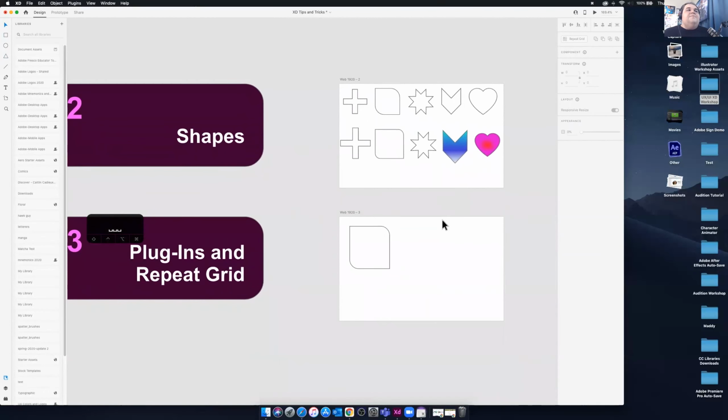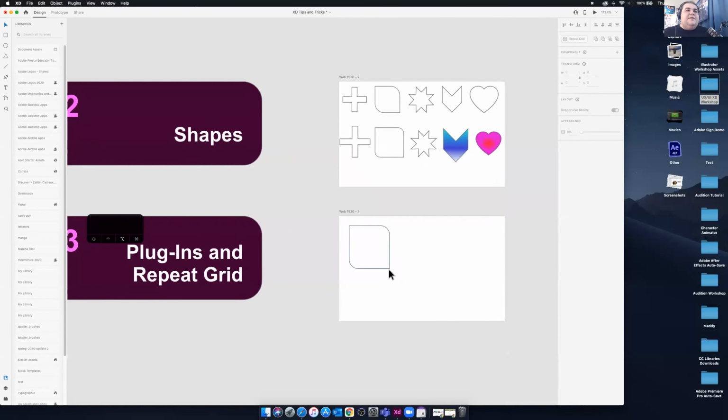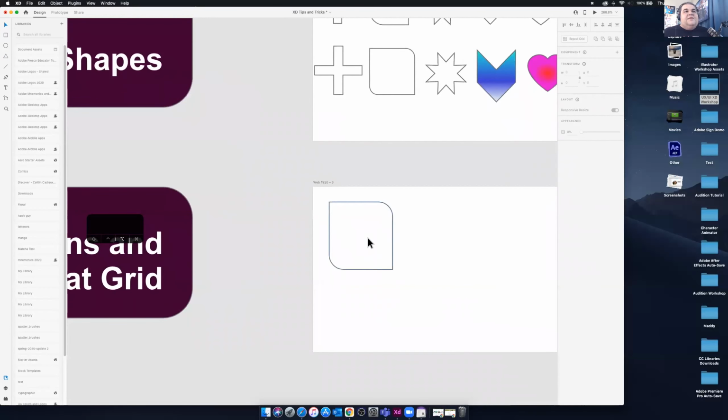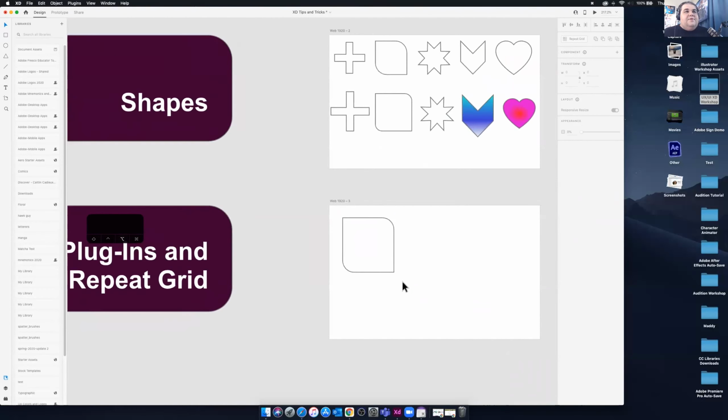Cool. So next we're going to talk about repeat grids and plugins. I think these two, for this intent, kind of go hand in hand here. You don't have to build exactly what I'm building, but let's say that I wanted to make a profile image with some text underneath it. So that's kind of the goal. I have this object from up here, and I'm going to start with